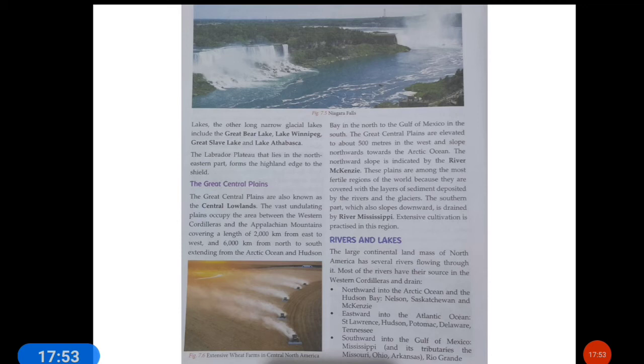The length of this particular plain is about 2000 kilometers from east to west. If we see the total length of this plain from east to west, that is from the Eastern Highland to the Cordilleras, then it is 2000 kilometers. And if we see the distance from north to south, from the Arctic Ocean and Hudson Bay in the north to the Gulf of Mexico in the south,